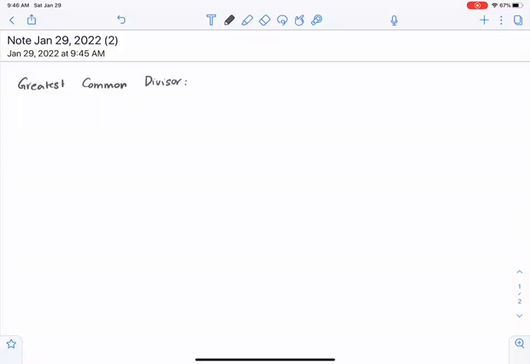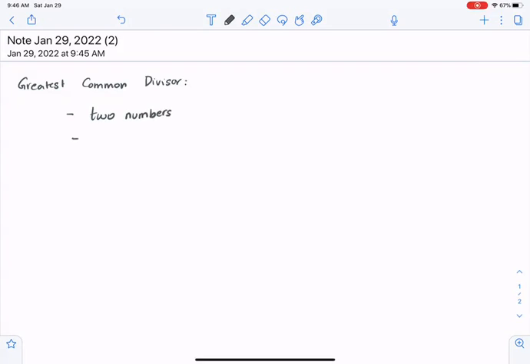So we want to find the greatest common divisor. We can use prime factorization to determine the greatest common divisor. As the phrase indicates, we want to come up with the largest number, or the greatest number, that is common to two numbers and will divide both numbers. So you have two numbers